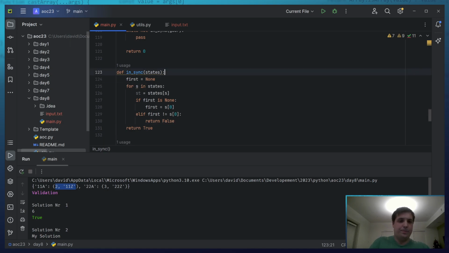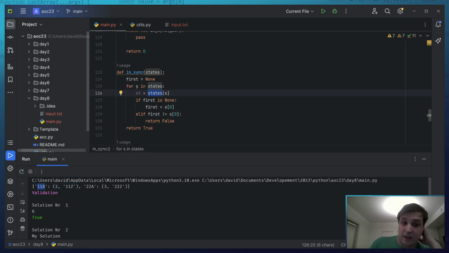And that's it. So what's happening here? We have a first variable. We go through all of the different states. We actually need to define the state because it's only going to give us the dictionary key. So if first is none, cool, then just add first and do the first steps thing, and then go around.